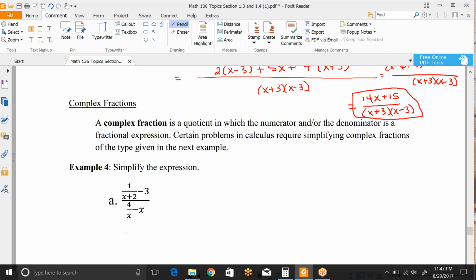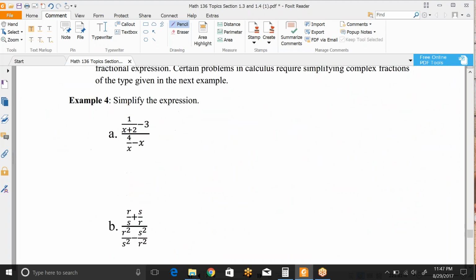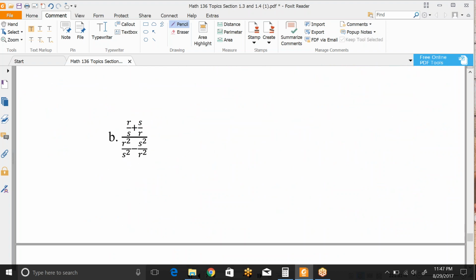Okay, we did A part for the complex fraction, so we're going to start with B. For B, we can choose either one of two methods. So I'm going to show you both methods again. Method 1 is that you get a fraction on top and a fraction on bottom by combining those things by getting common denominators, and then you multiply by the reciprocal of the bottom. Method 2 is that you clear the fractions that are little out right away by using a big LCD for the whole problem. So for method 1,